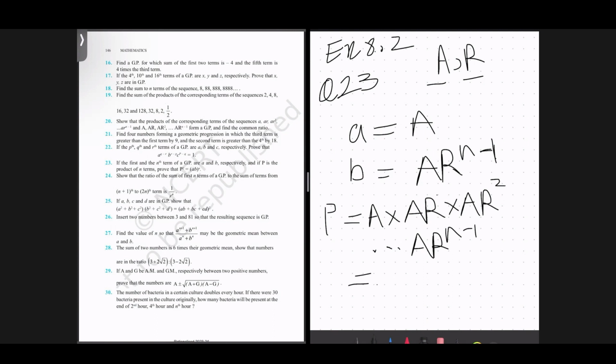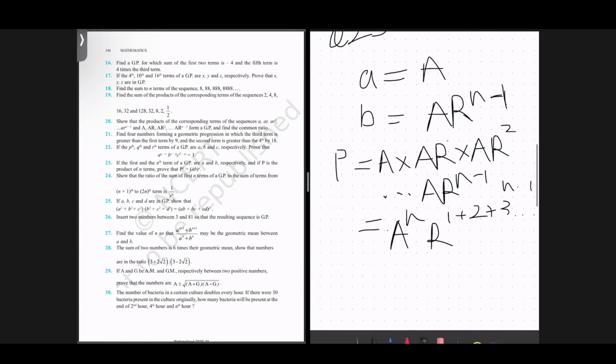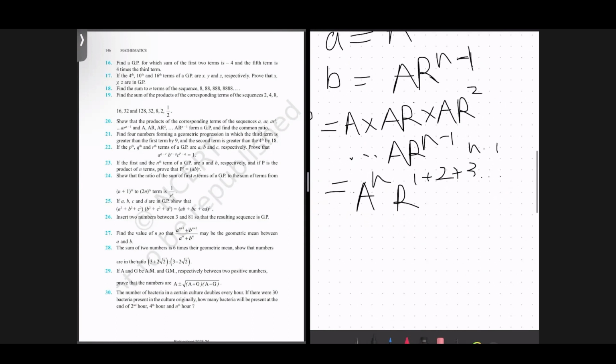When you add all these powers up, you get a raised to the power n, because it has been added up n times, and you get r raised to 1 plus 2 plus 3 up until n minus 1. This right here is an AP, and when you add up the AP, what you get is,